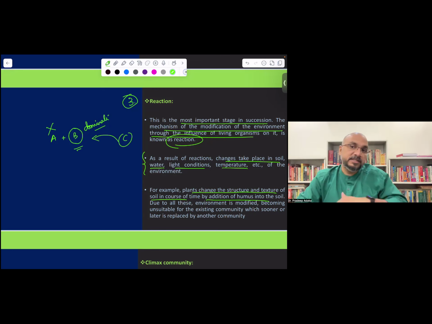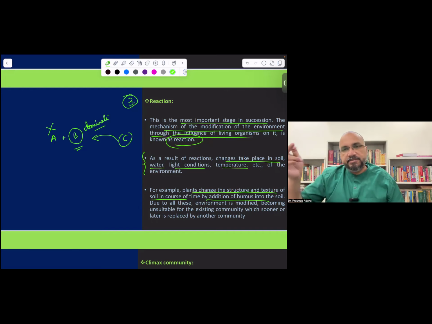inviting C. So C आके एरिया को occupy कर लेता. अब C कहां से आ रहा है? Again seeds, by birds dropping the seeds, और animals के fur पे attach हो सकते हैं seeds, or they are carried by wind. By some agency they are brought to the area and they will now dominate because conditions are more favorable for C than B. Are you getting? इस तरह से. So A will be replaced by